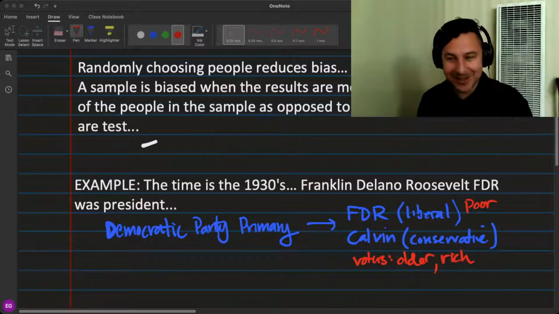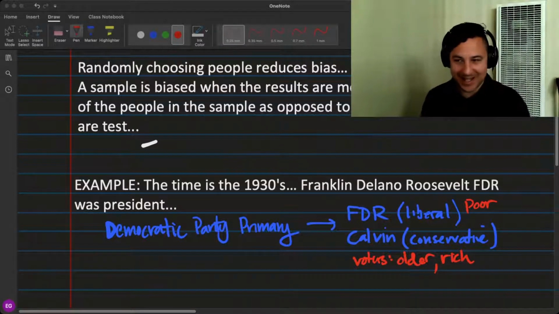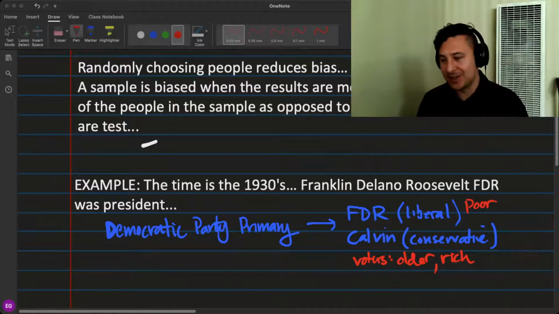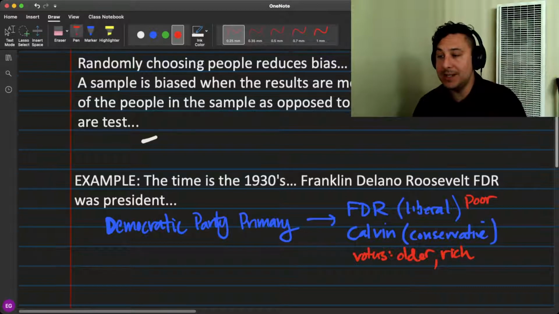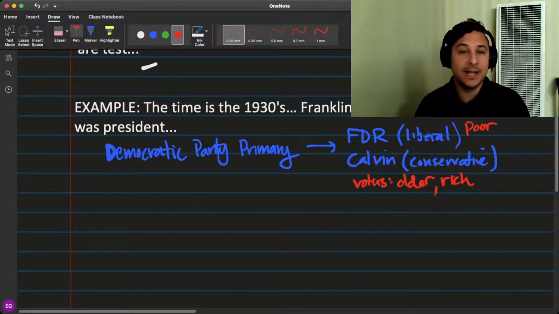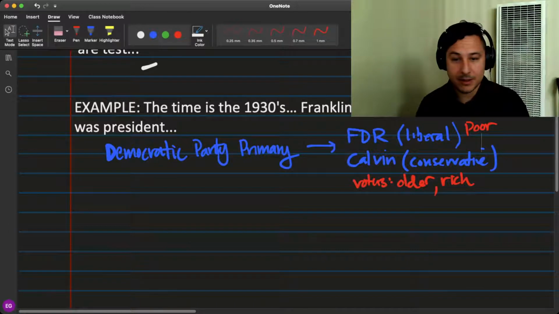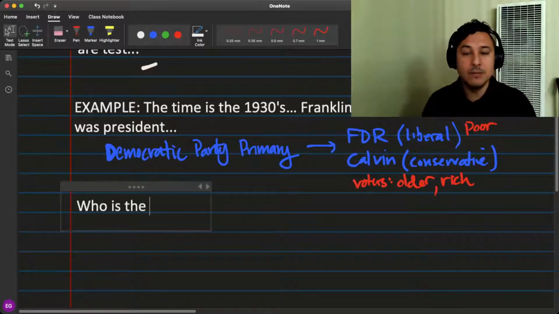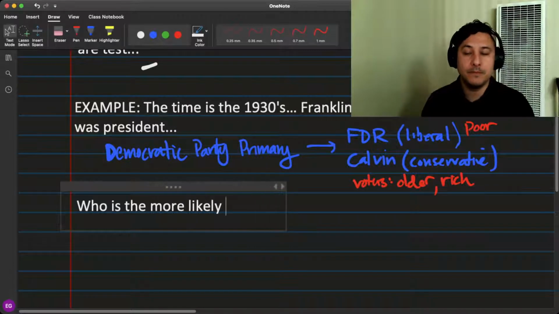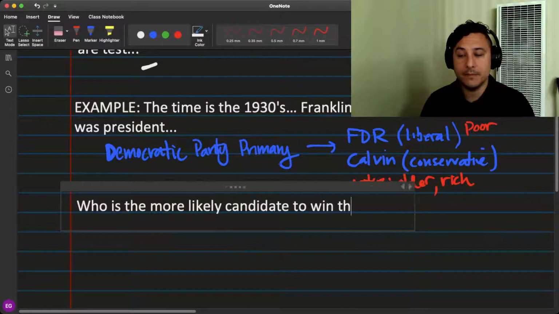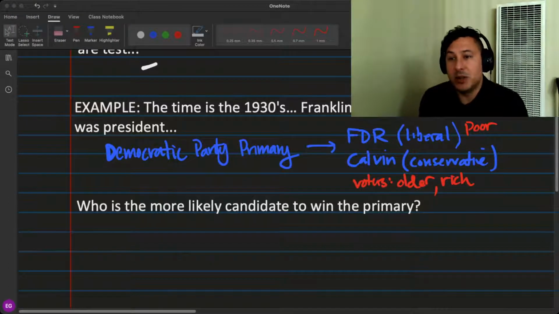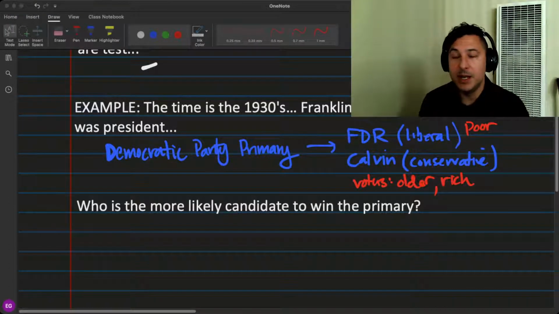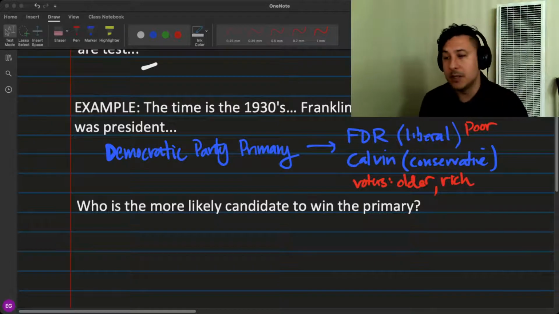So this should be sort of familiar. This happens in America all the time, even though this was almost 100 years ago. So anyways, there were these two candidates, and people were wondering who is the more likely candidate to win the primary? Does that make sense? You're wondering, there's these two people, who do we think is